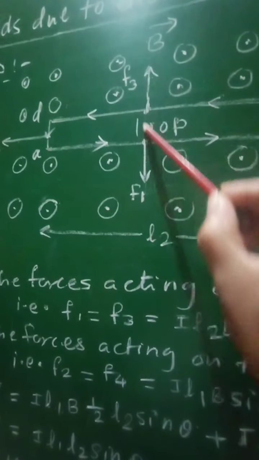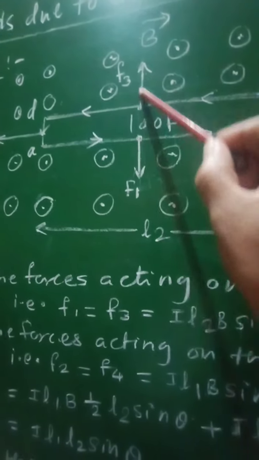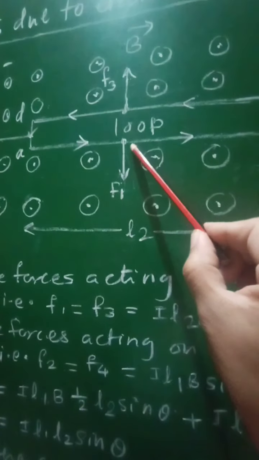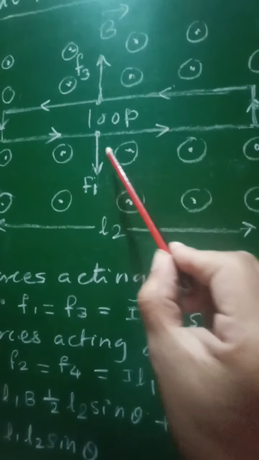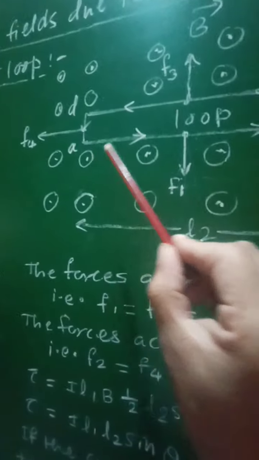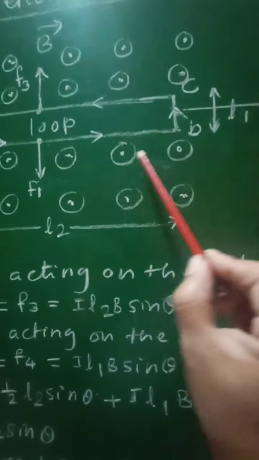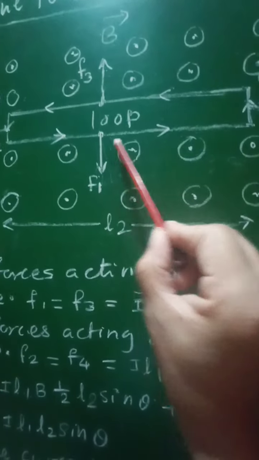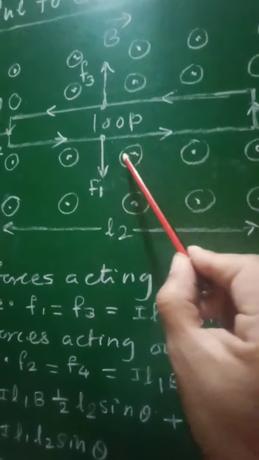That means along this axis that coil is rotating, and therefore the moment arm, that is perpendicular distance between two forces, for each force F2 as well as F4 will be given as, this will be L2, this is L2,